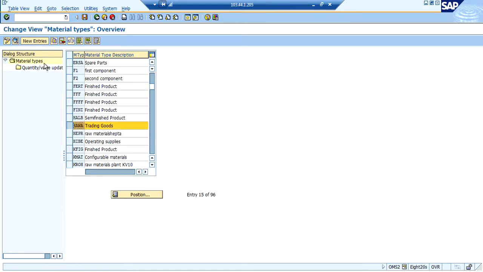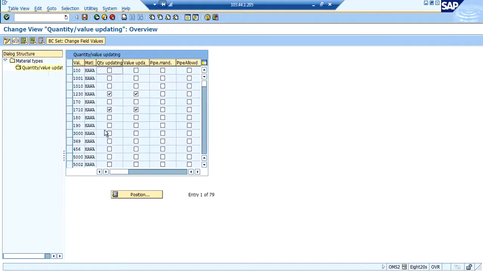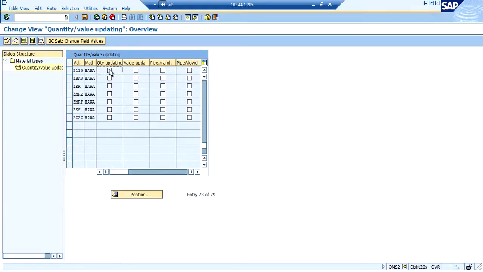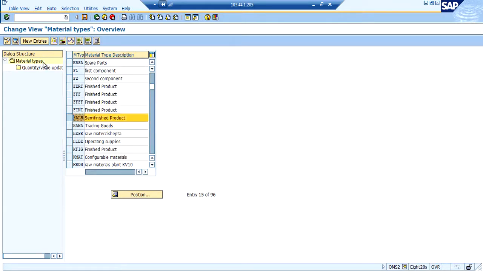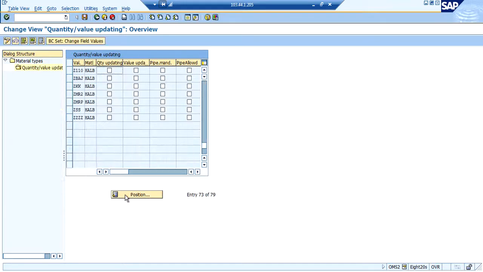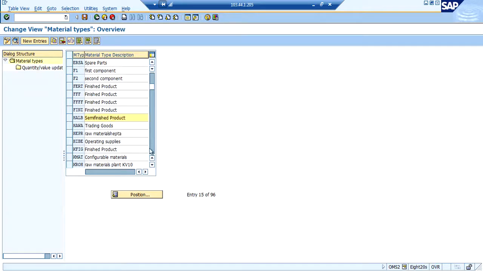Likewise I am activating for each and every material type at plant level. Halb, which is semi-finished. Likewise ROH.